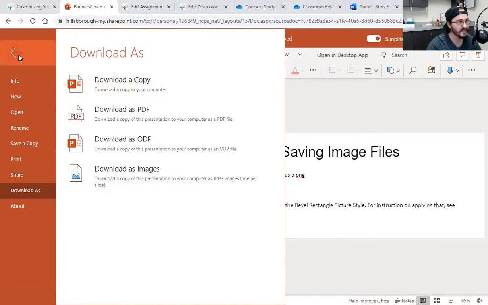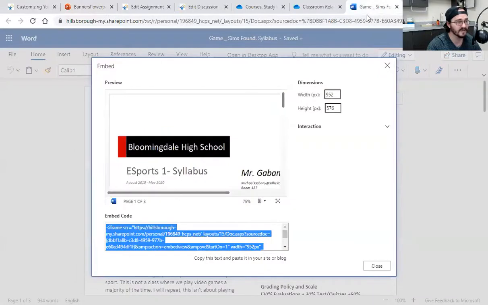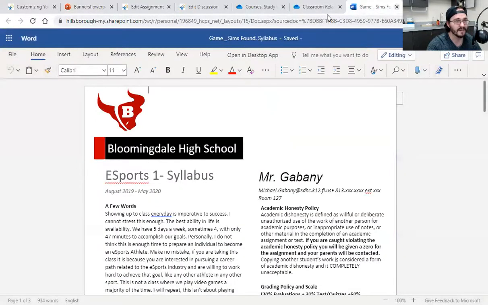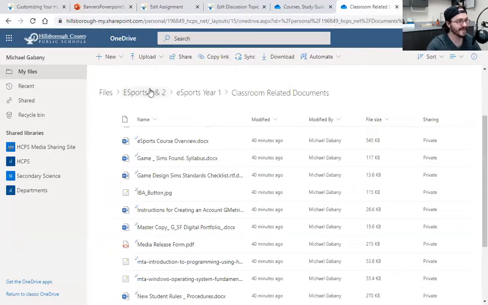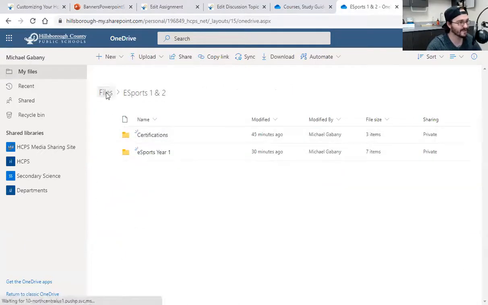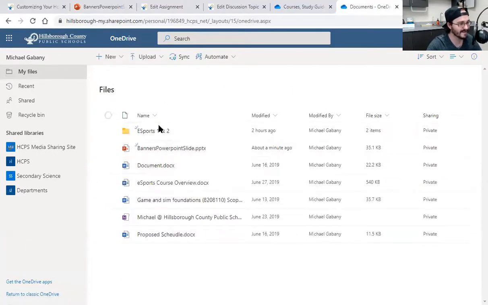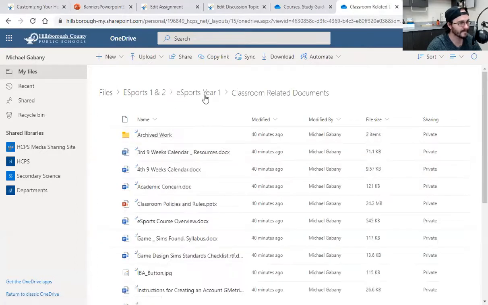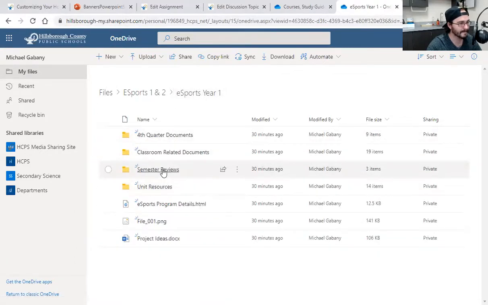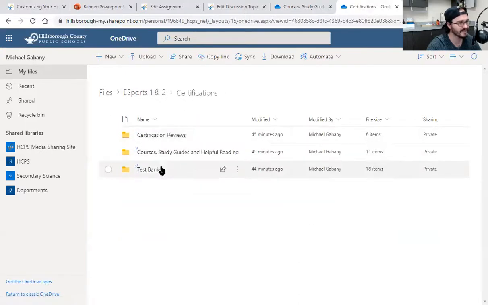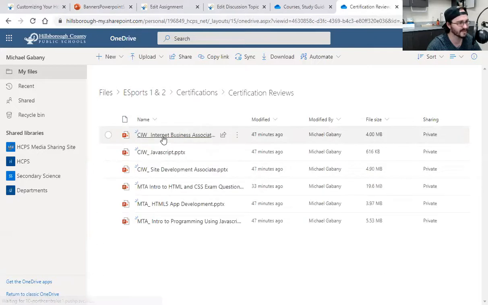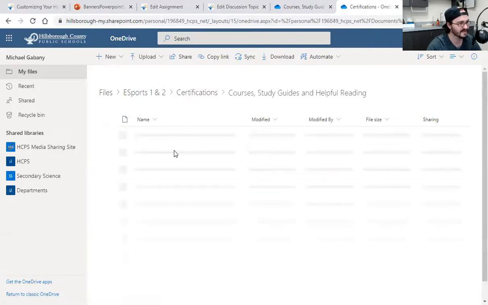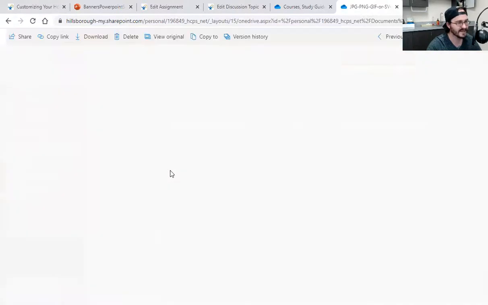If you have no idea what the difference is between a PNG and a JPEG, hey, welcome to Gabney, who teaches you the difference between those two in my class. Wait a second, I think I had that under certifications, which I'm not entirely sure why I would have under certifications. Yeah, check it out.